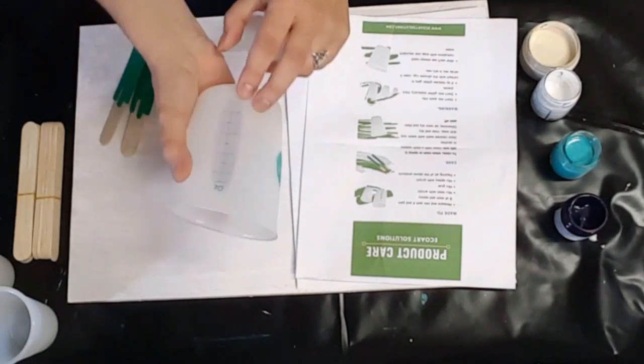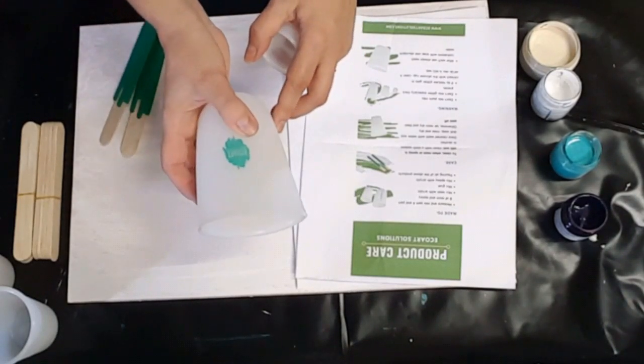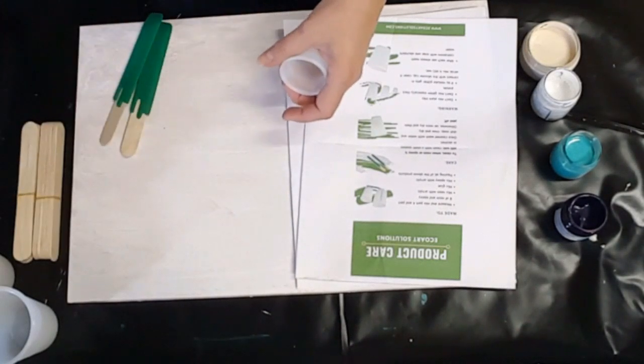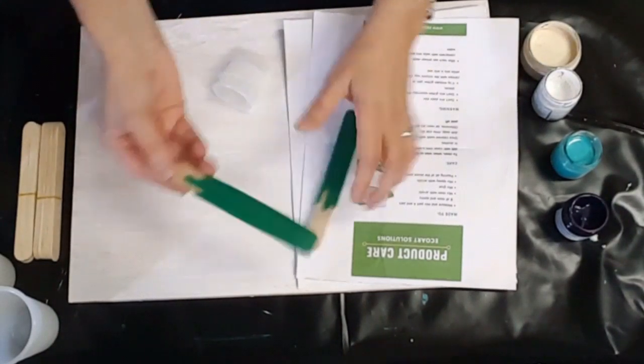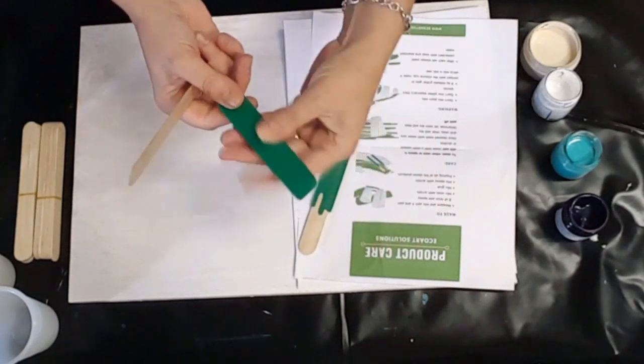I will do a better version of this because I really believe in recycling, and this is an amazing thing that you can do. You also get these really cool stirring sticks. This is also